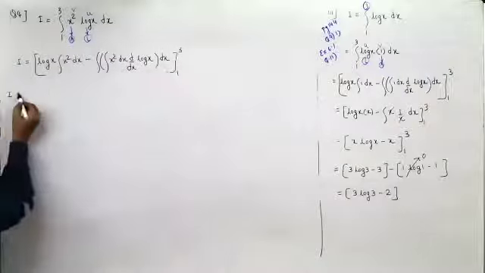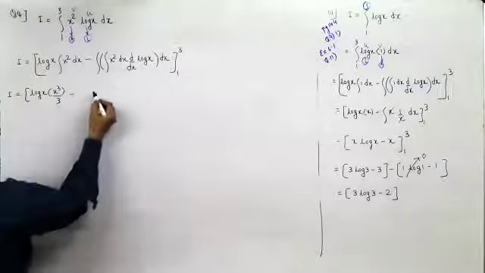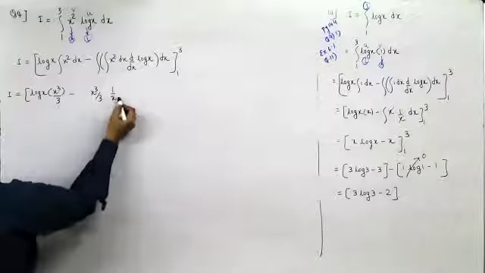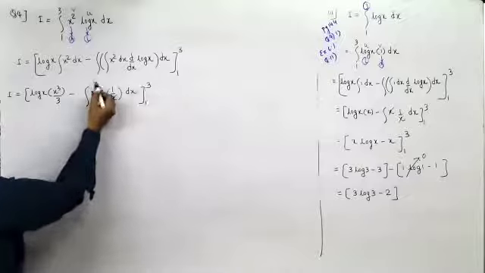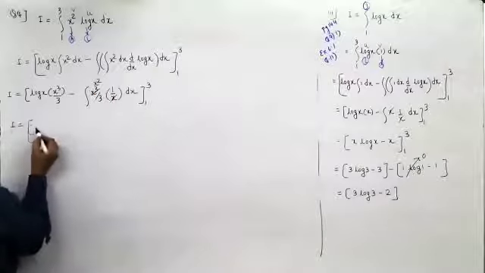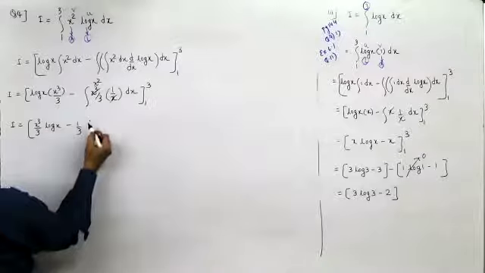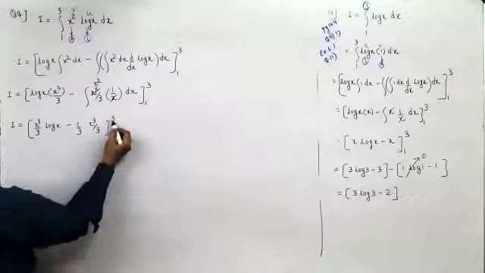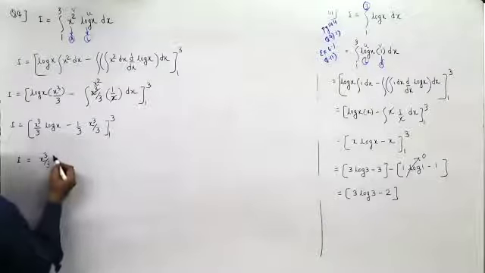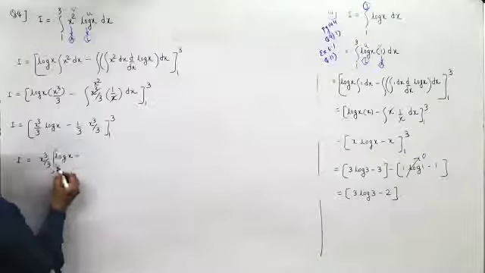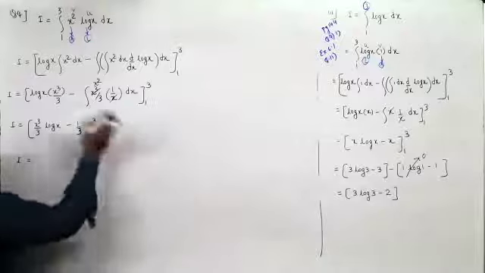So this would be I equal to log x, integration of x square is x cubed by 3. This would be minus integration of x cubed by 3 into the derivative of log x, which is 1 by x. You integrate this with respect to x between 1 and 3. X into 1 by x, this is x square. I would be equal to x cubed by 3 log x minus, I take 1 by 3 out, integration of x square is x cubed by 3 between 1 and 3. You take x cubed by 3 out, and you get log x minus 1 by 3 within the bracket. In fact, there is no point in doing so. We can just substitute 3 here.